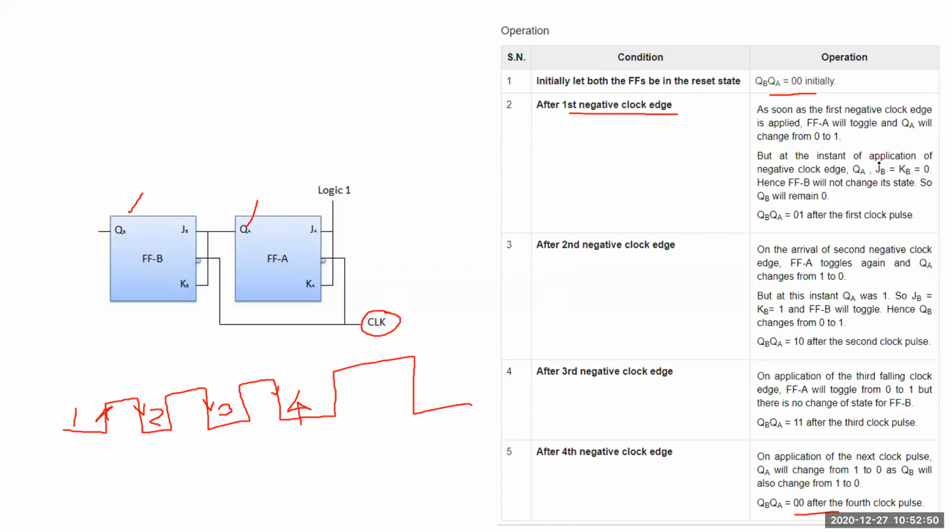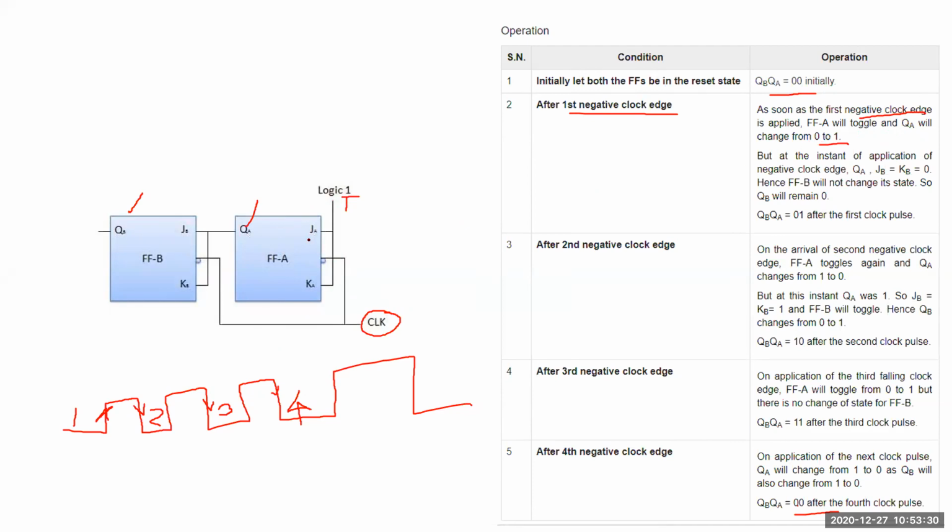Okay, so now, as soon as the first negative clock edge is applied to this first flip flop, what happens? The toggling has to take place. Why? Because even though it has been designed with the help of JK flip flop, we have shorted both the inputs J and K in order to make it a T flip flop. Now both are T flip flops designed with the help of JK flip flops. Therefore, whenever you apply the first negative clock edge, this flip flop will be toggling. Whenever it toggles, we know that the output will change. The output changes from 0 to 1. The same thing we have written here.